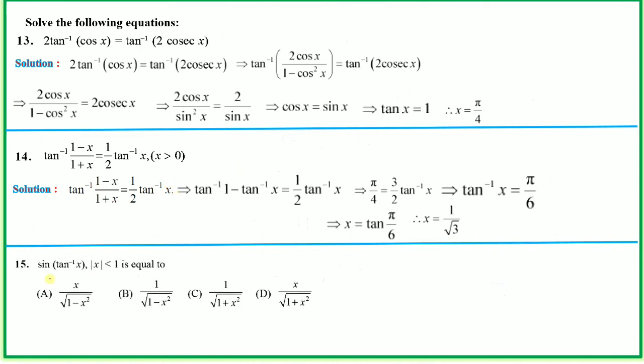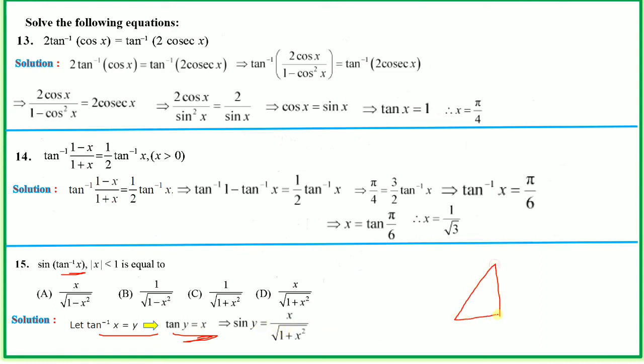Next question number 15. Sine tan inverse x. This is MCQ nature, so we have 4 options. So we'll go for this question. For the solution, let tan inverse x is equal to y, then x is equal to tan y. Then for sine y,